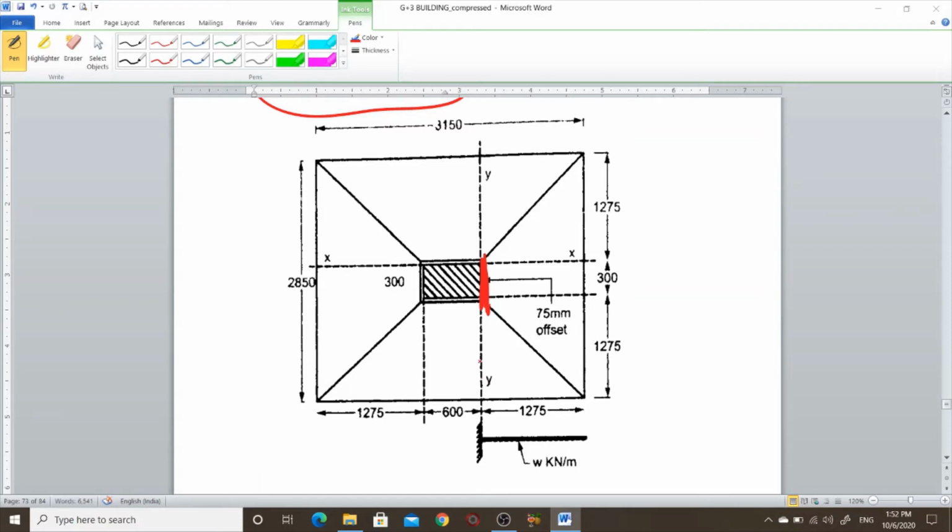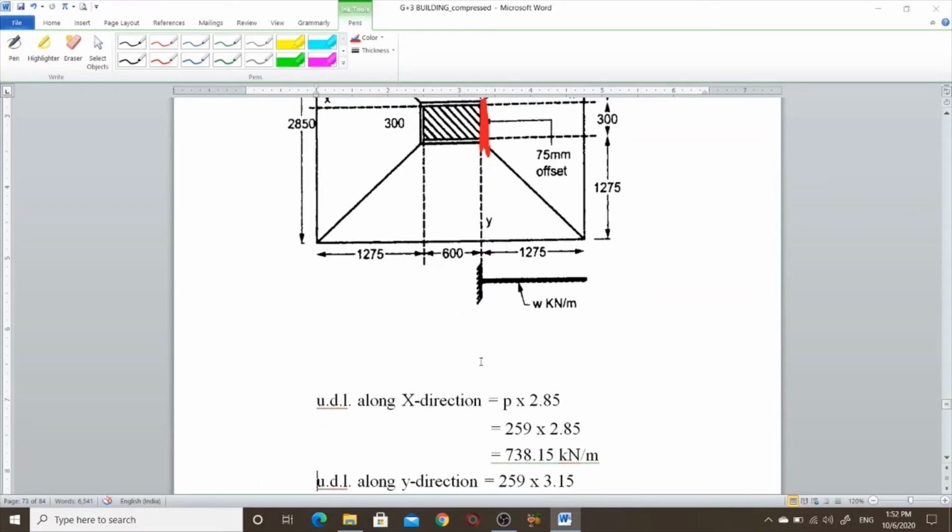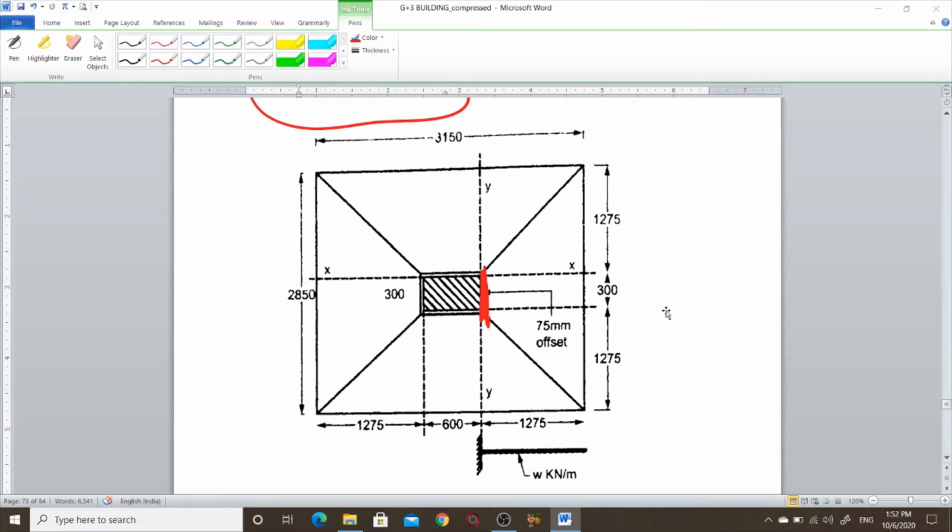There is a UDL along the x direction, P into 2.85. Look at the figure: along x means this direction, and along y means this direction.